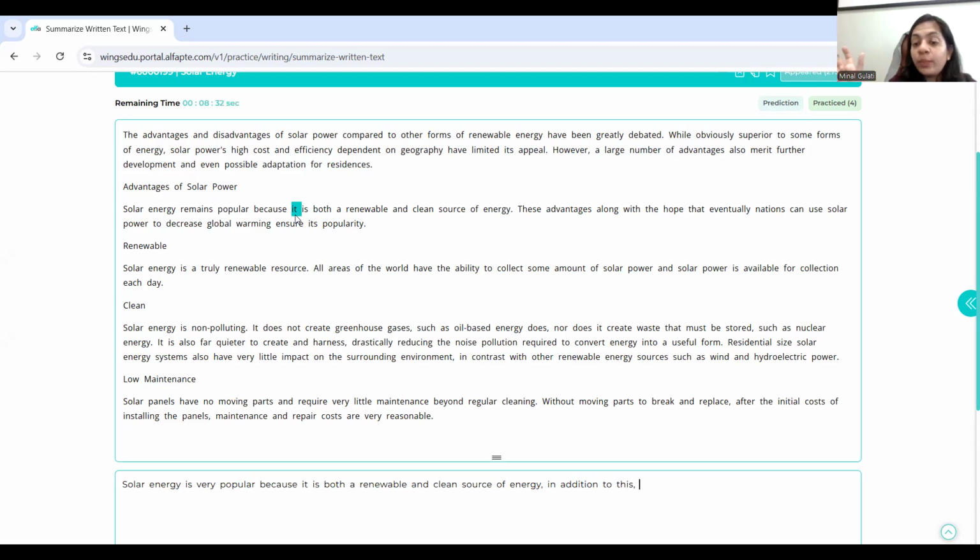I'm writing this line in my own words, with a little change of words. Now I have to write one more positive line, not a negative line, because the first line is positive. Maybe I write it is truly renewable resource, or maybe I write it is non-polluting, whatever you like. It is non-polluting